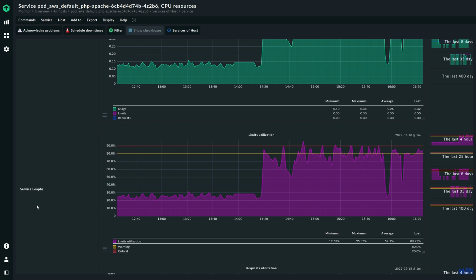That's where we now have our monitoring. And you can see immediately where our thresholds are for all alerts. We have our warning at 80% and our critical at 90%. And we can see here we have already reached the 80%. So we already know there is quite a lot of workload on that individual pod. We are not at the maximum yet, we are not at 100% yet, but we are not too far away from that. And for that, we will now see an alert in our emails, for example, in our Slack channels, however you have configured that. And that's how easy it is to set up alerts with the new Kubernetes monitoring of CheckMK 2.1.